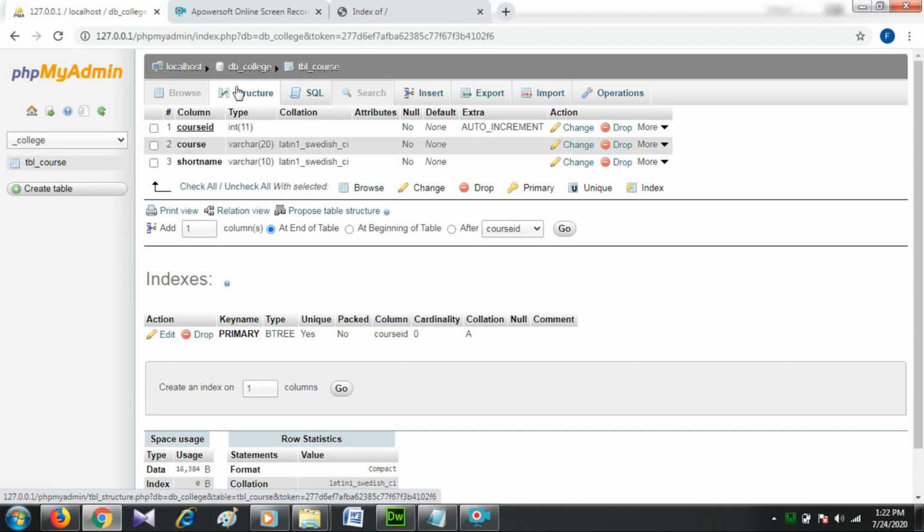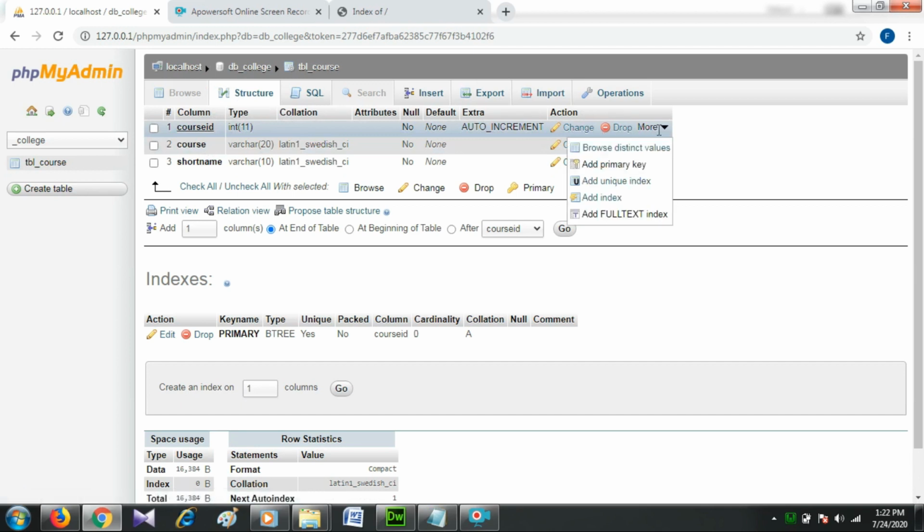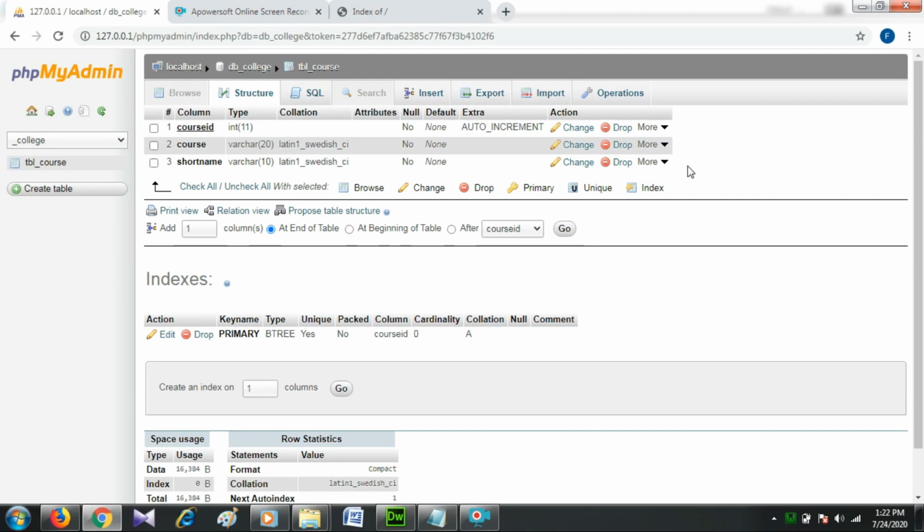Also, you can edit the field structure or delete the field, or you can define different indexes like primary key, unique, etc. If you want to change any field name or its data type, click on the Change option and correct it. Then the SQL option is for writing queries.